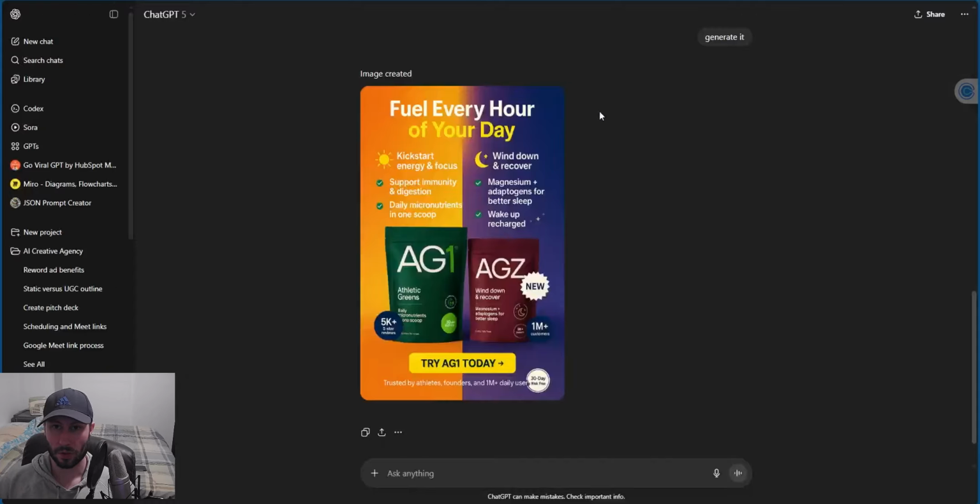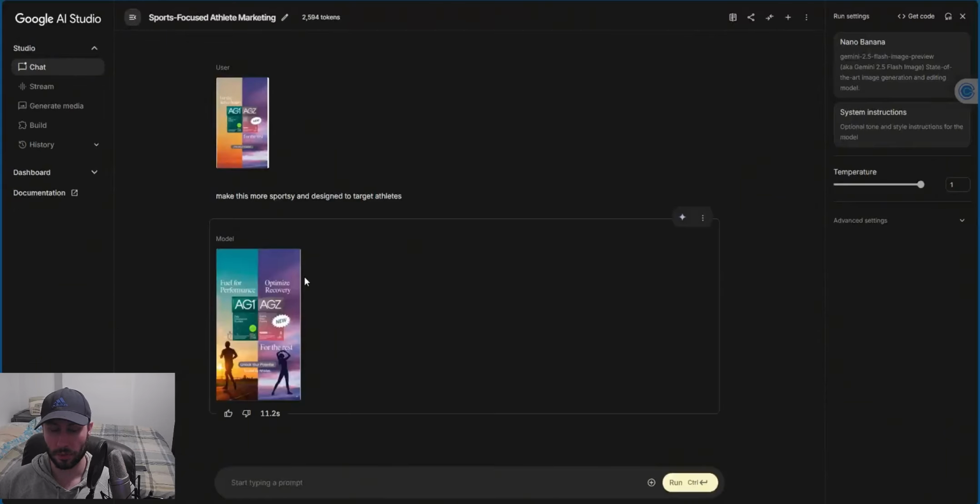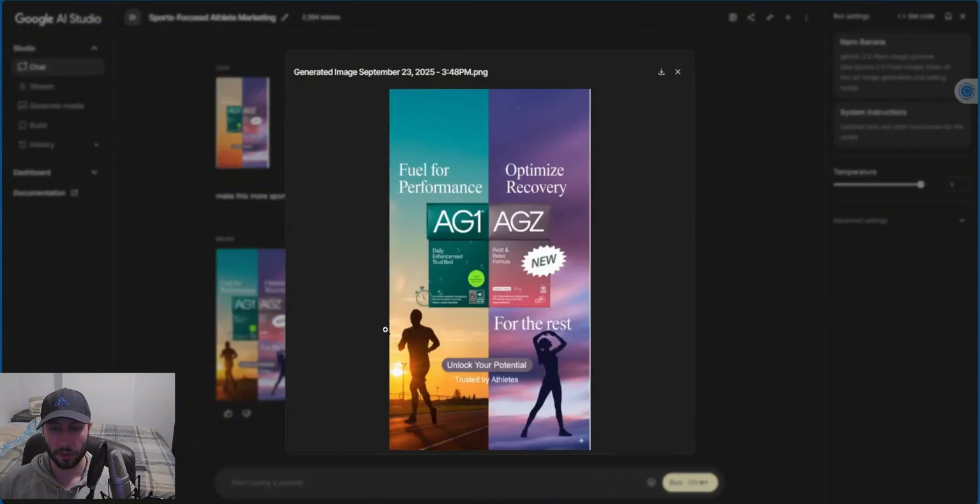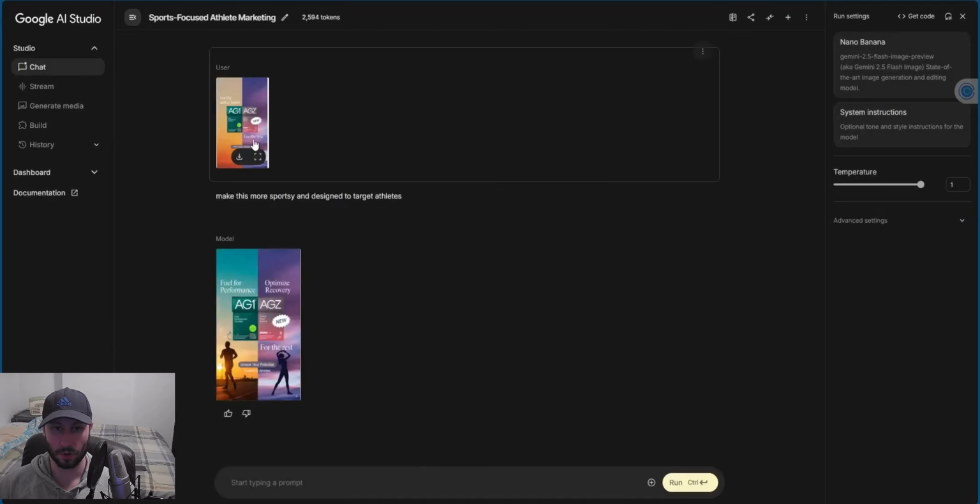So this is ChatGPT with their image model. This is Google with Nano Banana. Nano Banana is more like AI Photoshop. It doesn't change the image all that much. Like it doesn't generate images per se, it edits images, which is why this one looks more similar to the actual ad. And so what we can do next is